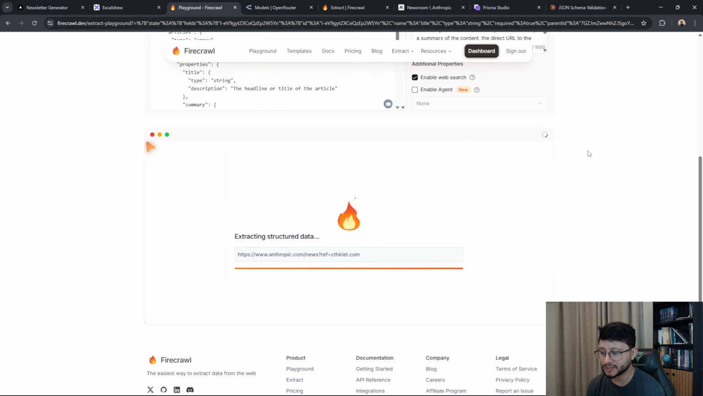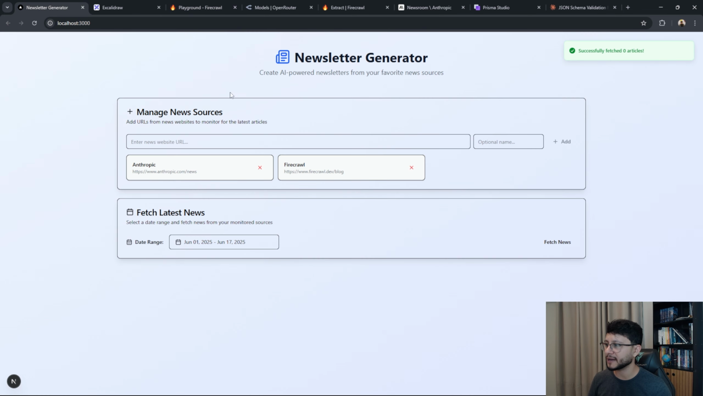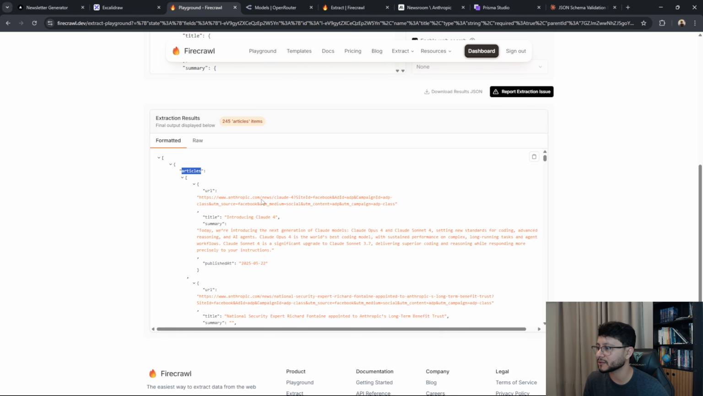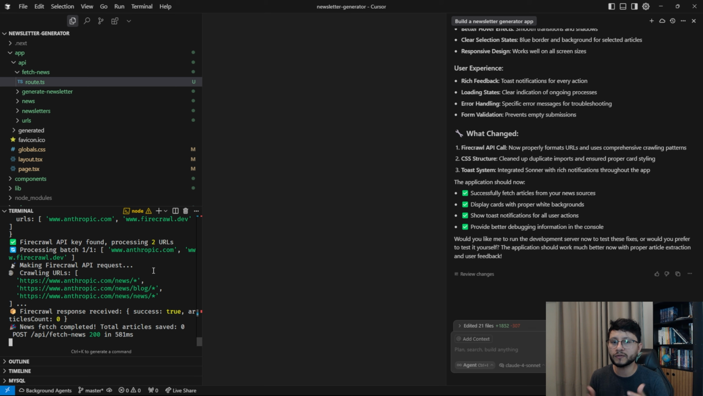And just by the time it's taking here, I already know that there's something going on with the app, since just by clicking on fetch news, I immediately get a 0 articles found result. Nice, so this is the result we got from Firecrawl. It's an array of articles where each object inside of the array has a URL, the title, the summary, and the published date. So without even looking at the code and just looking at the console log, you'll notice that